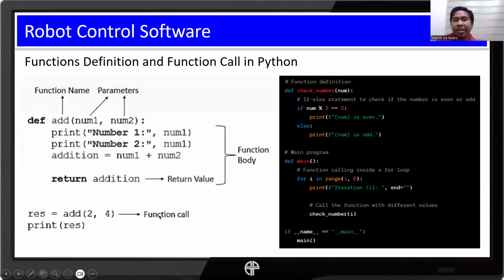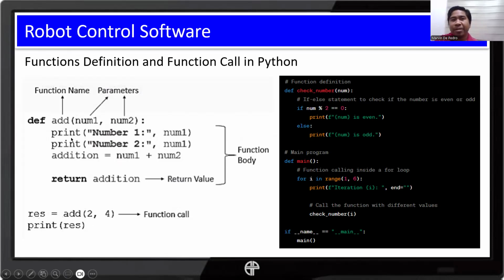Instead, as stated here, it's already part of your function call because we called the function add, which we defined here. So here we called the function add with the values for our parameters num1 and num2. For num1, we have the value 2, and for num2, we have the value 4.